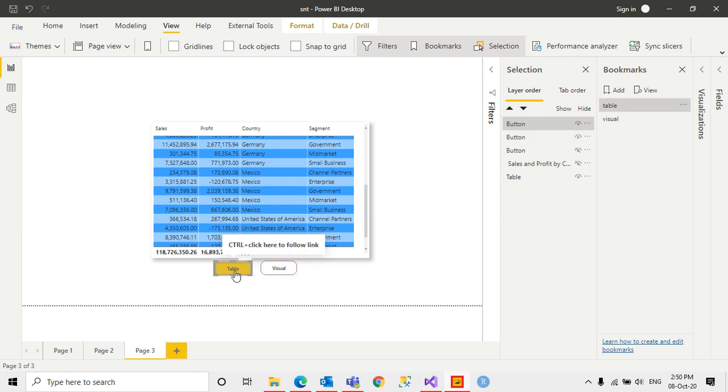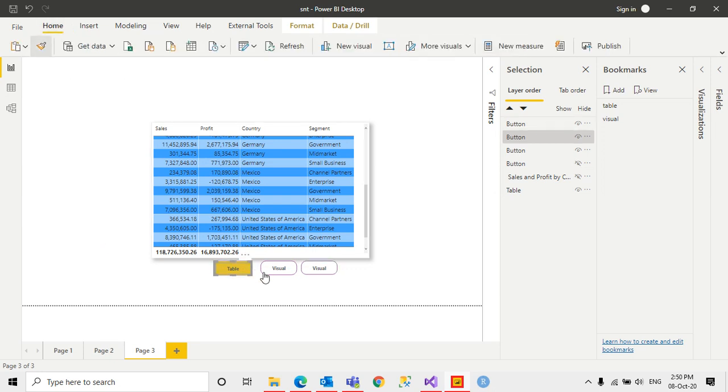Let me go back. Let me copy this visual button also and paste it. Let me format this, as you can see here.